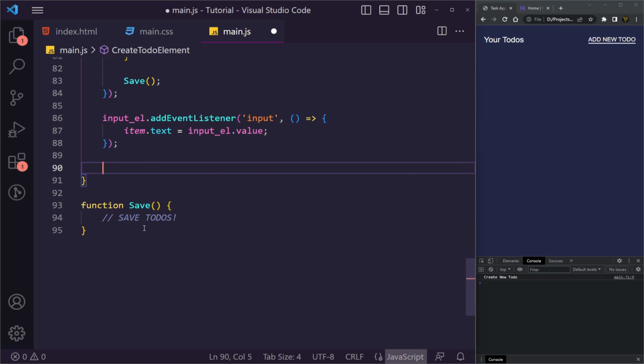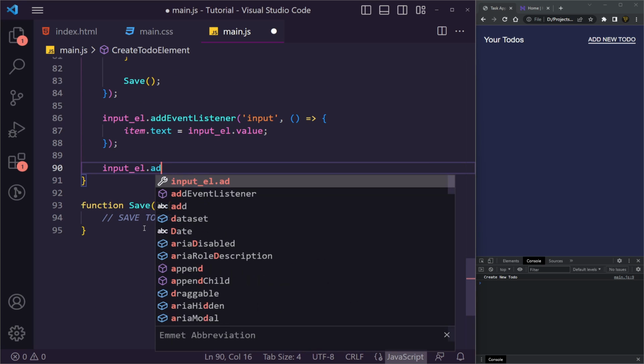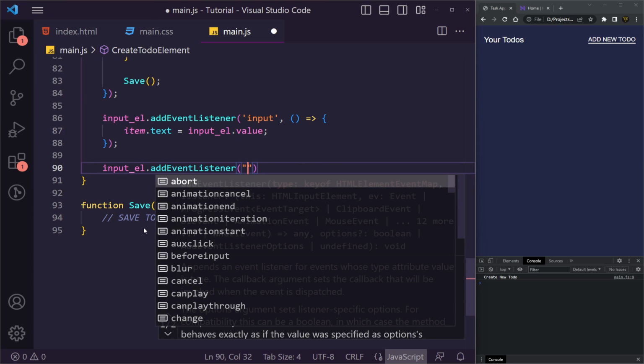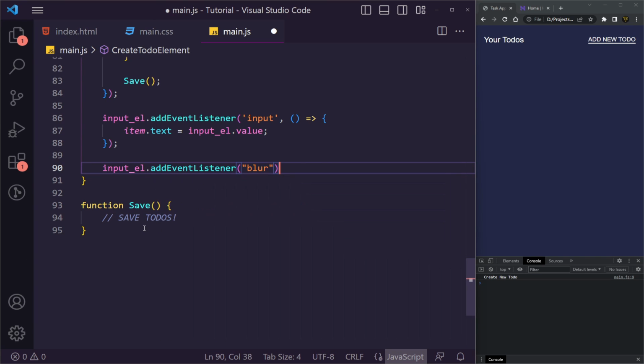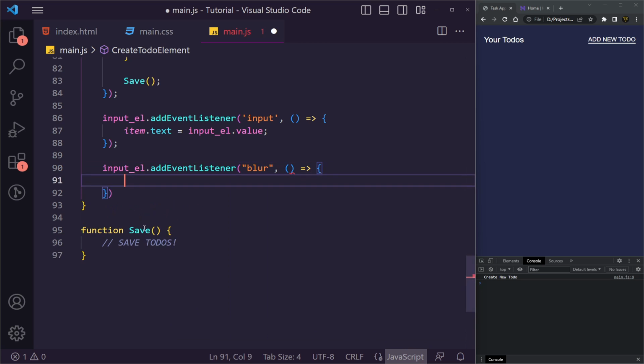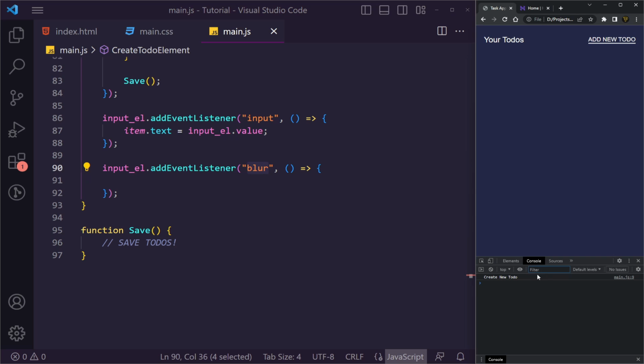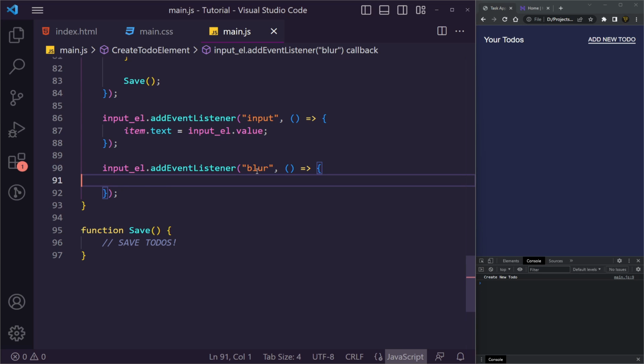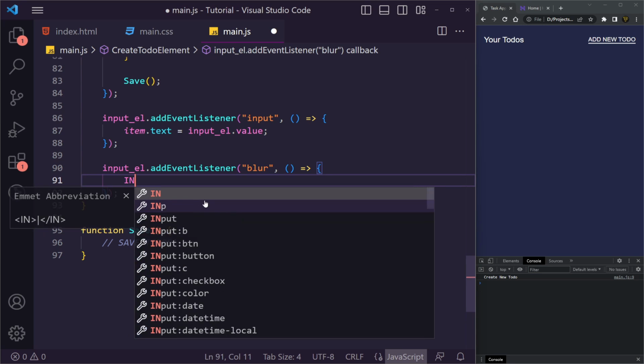Underneath this, we then want to get our input L again, but this time we're adding another event listener of type blur. So the blur event listener is essentially when you're inside of an input field and you click out of it, you blur that field instead of focusing it. So it's the opposite of a focus. We then just want to say in here, we want to say input